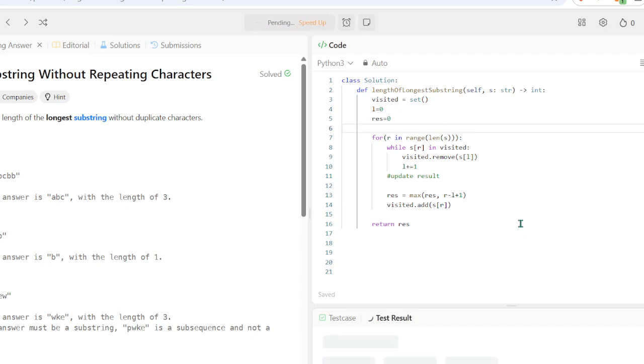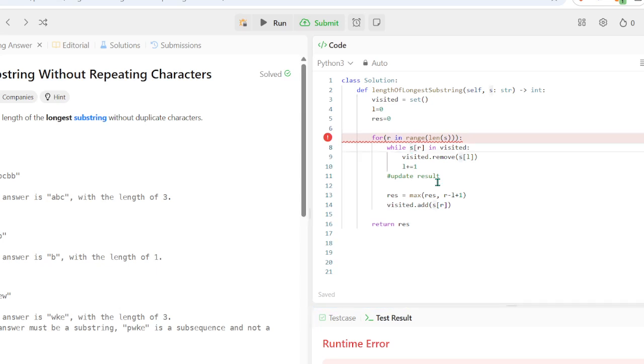Do I need to add this? What is my invalid syntax?